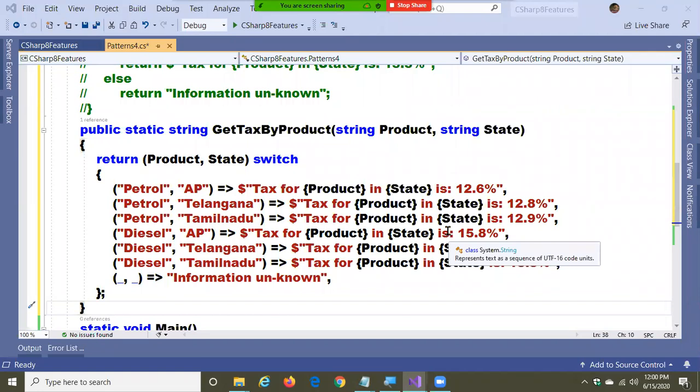What are these positional patterns? Let us try to understand this one. Let's look into the concept of positional patterns and what is the need of positional patterns. Okay, just a minute.